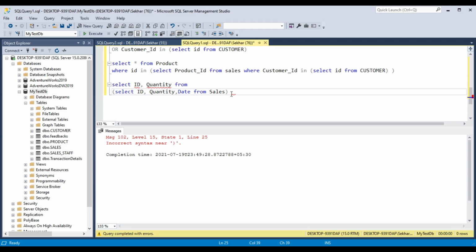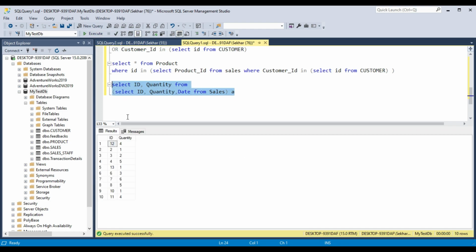Maybe it is because of the alias. So you have to give an alias here. If you run this query, it works. So let's try, if instead of all this we give star, it should run. It is running. So this actually may become a big query, right?